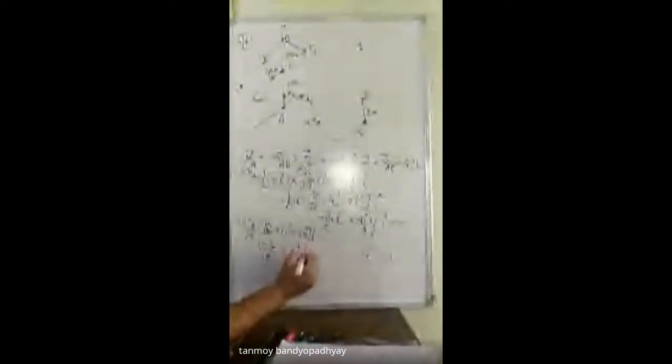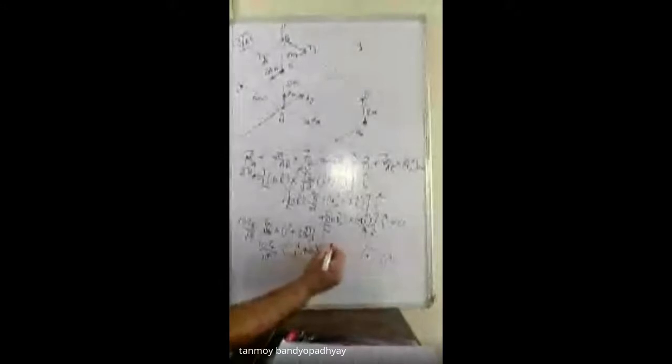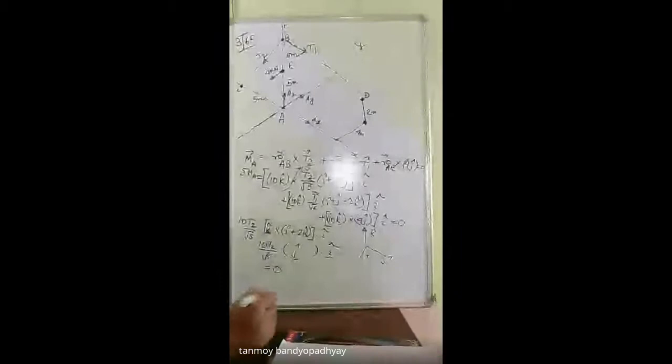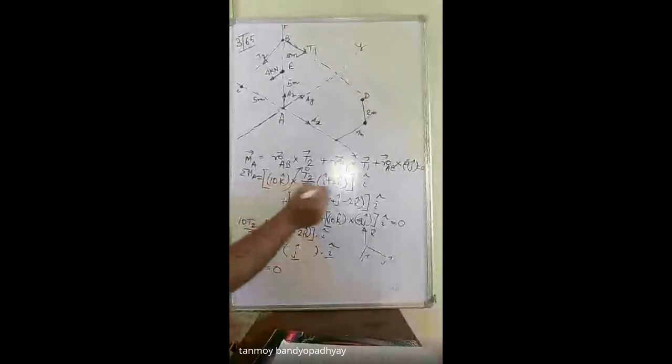So what should be that one? K cross k, কি হবে? Hello? So 0. 0. So সেটা plus 0 dot I cap. So now see, এই জিরোটা আমি সরিয়ে দিলাম. Now j cap dot I cap, what will be that one? That will be cos 90. So that will be 0. So this term actually is 0. This is a dot product. So this first expression actually becomes 0.